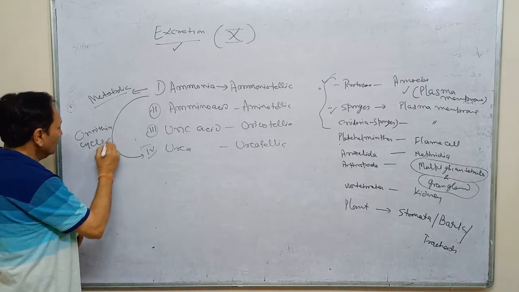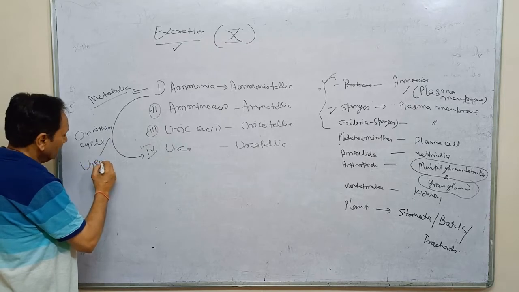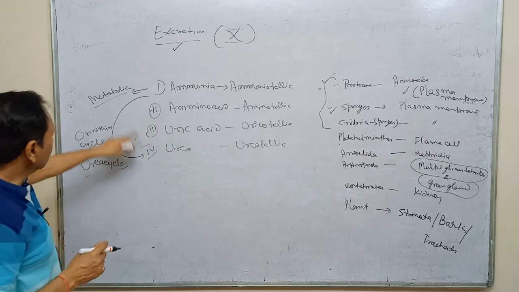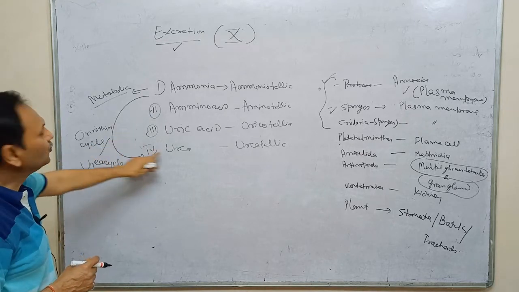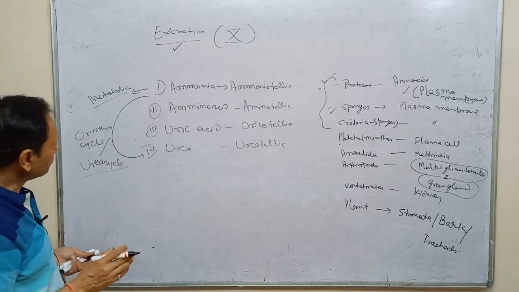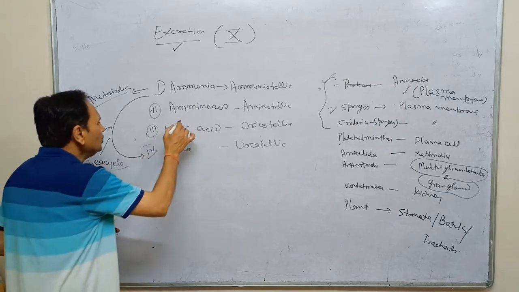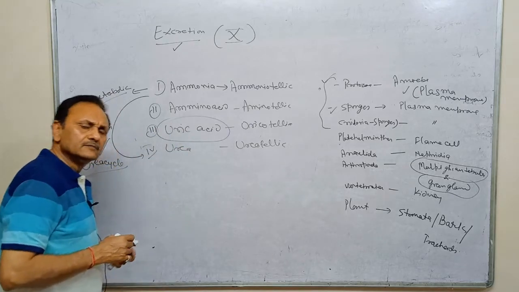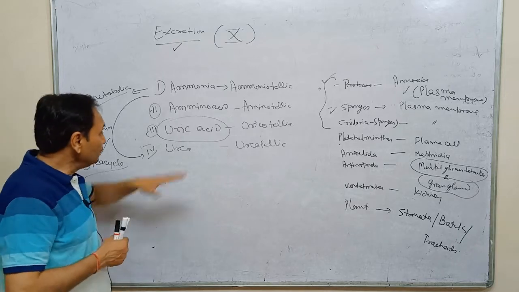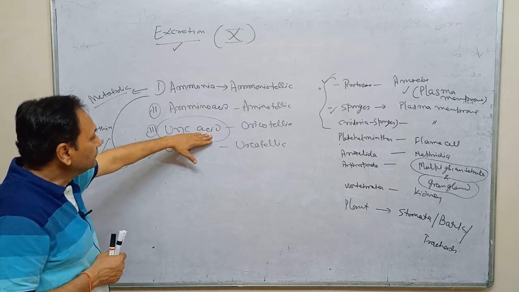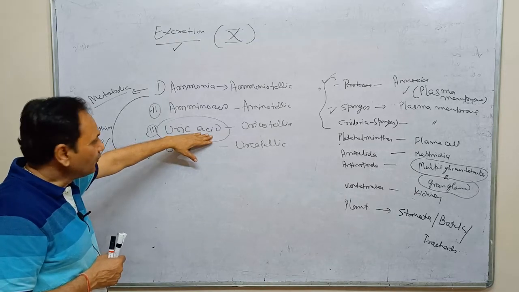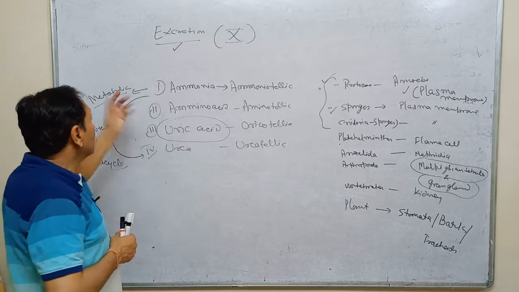Ornithine cycle or urea cycle. And then when it converts into urea, the urea will be eliminated out with the help of the kidney. It has been observed that uric acid is insoluble in water. Generally, uric acid is the nitrogenous waste product of